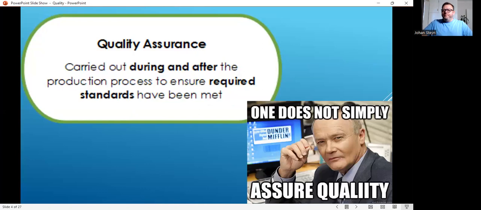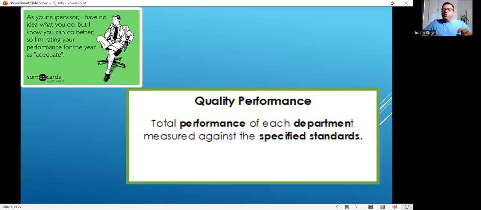Right. So we look at quality performance. Now, this is another one, and now you need to start thinking like a proper business student, which you are, I'm sure. So total performance of each department measured against a specific standard. So quality of performance is now looking at